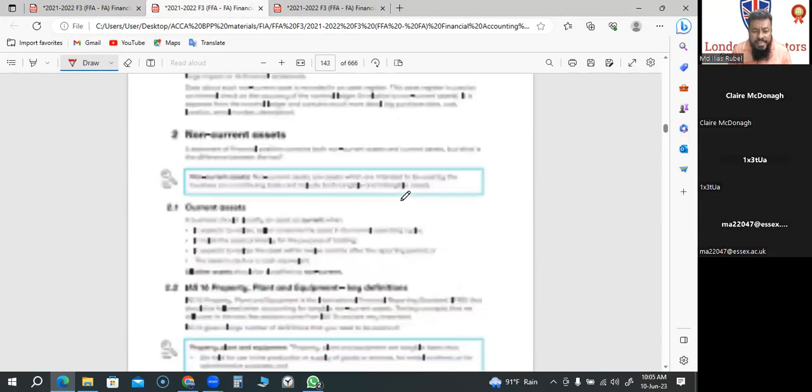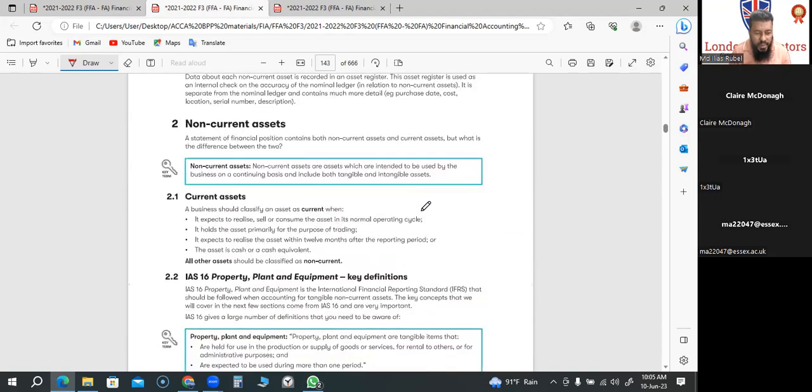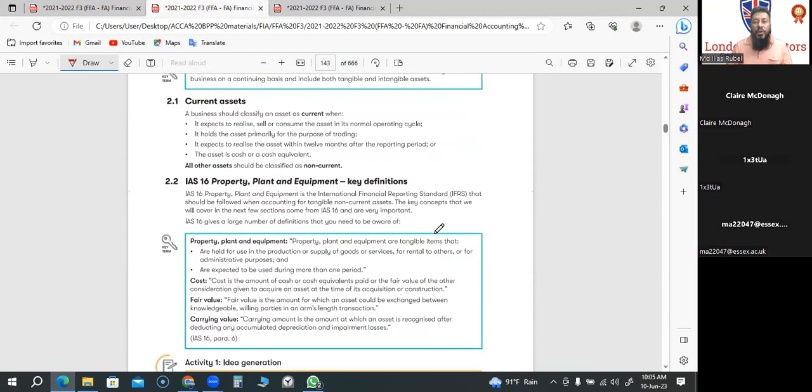So give me some examples. Come on. Yeah, machinery, plant. Well done. Non-current asset. These are your non-current assets. Now, I showed you the mobile phone or the laptop you're using or any other non-current asset. Buildings. Thank you to those of you giving me answers. Building, machinery. These are right answers.